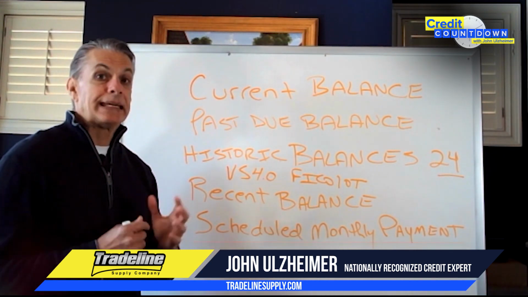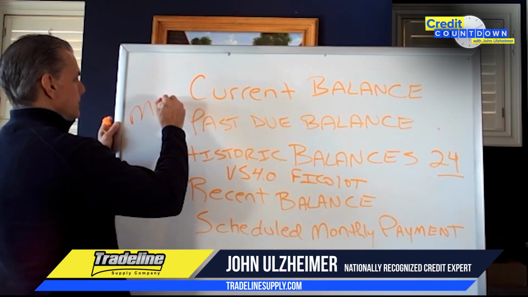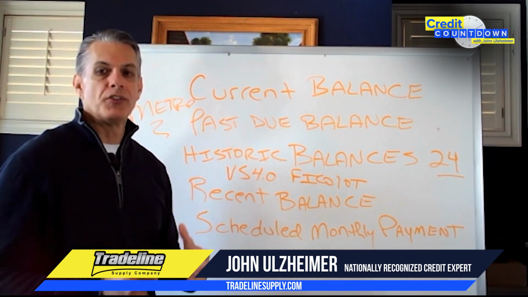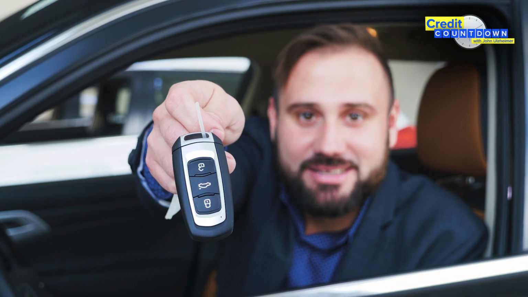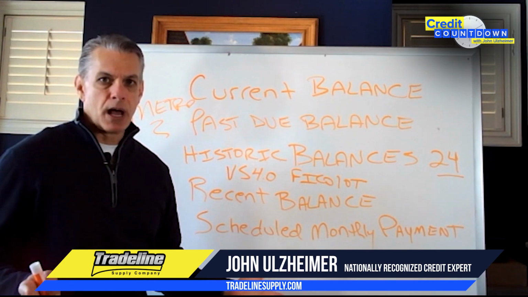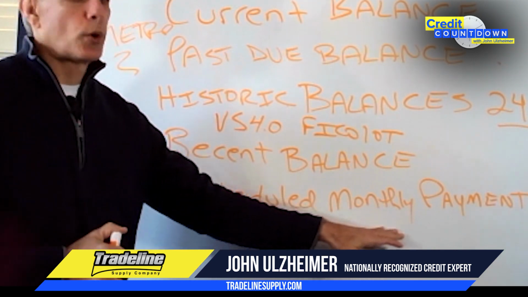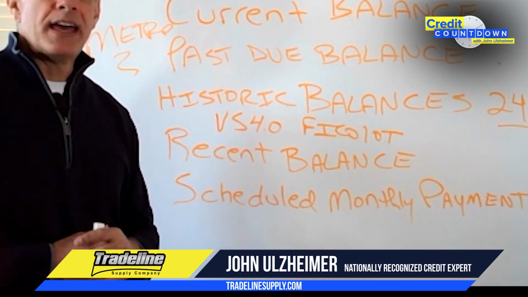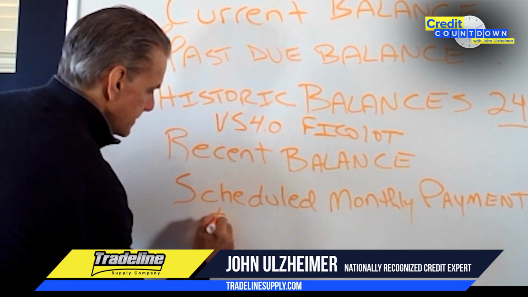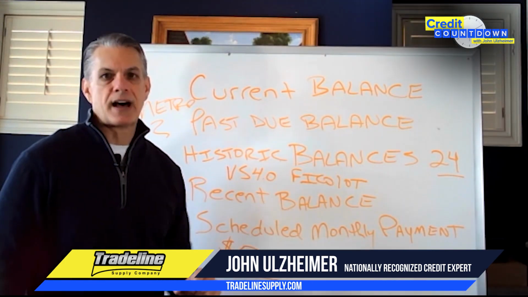The scheduled monthly payment is an actual credit reporting field under the credit reporting language, which is called, I'm sure some of you know this, Metro 2. In the Metro 2 credit reporting language, there is a field called the scheduled monthly payment. If you have a car loan, for example, and your loan is $500 a month for 48 months, which is an installment loan and how auto loans are generally structured, then you are going to have a scheduled monthly payment that is the amount that you owe your lender every month. Let's just say hypothetically that is $500. And so you would see on your credit report the scheduled monthly payment field with $500.